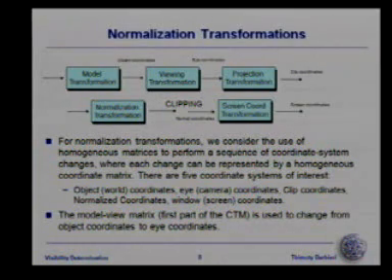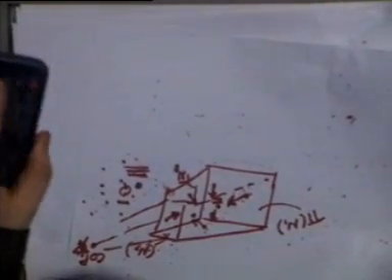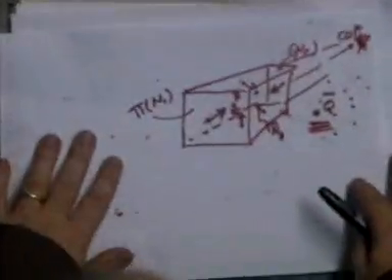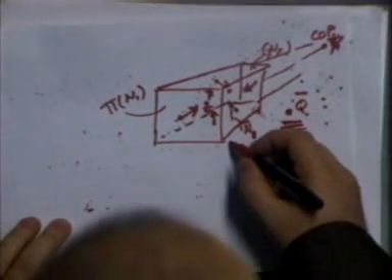Namely, what happens during the projection transformation is that if you have a perspective viewing volume, such as this one, like a cone,